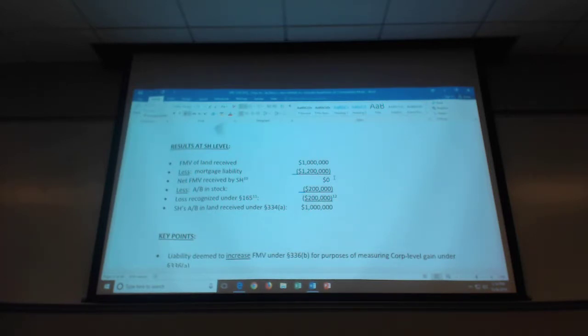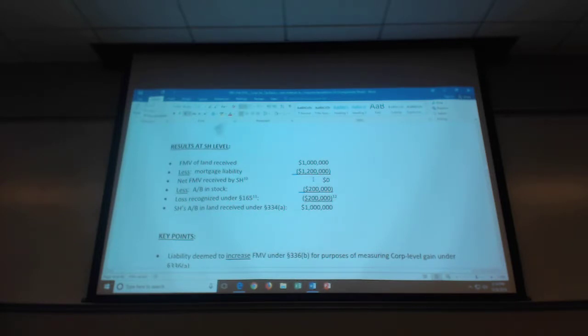In other words, the lender's only remedy is to take back the property by a foreclosure proceeding. So because of that fact, the tax law doesn't allow the shareholder to have a negative here. In other words, you might think, gee, I didn't really get a net zero in the liquidation. I really got a negative